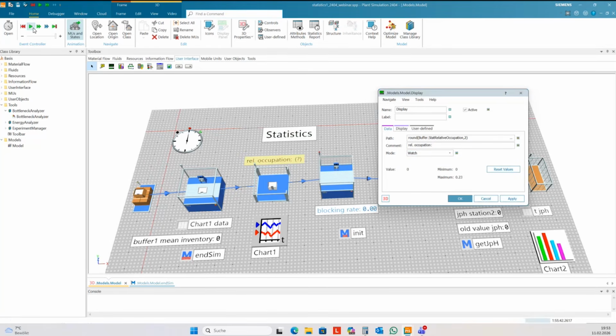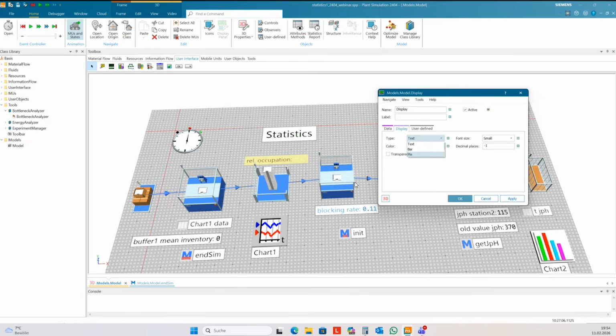Should be an error message. Doesn't. This is not watchable here, this statement, and so you cannot use watch for this. And so you can only use sample. But if you have an observable value here, then you can watch, and then it shows every change in the display, but it's automatic.